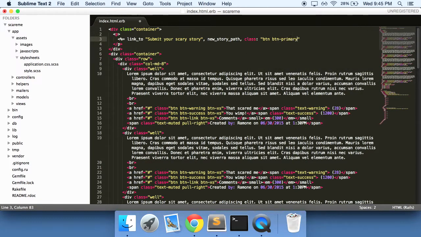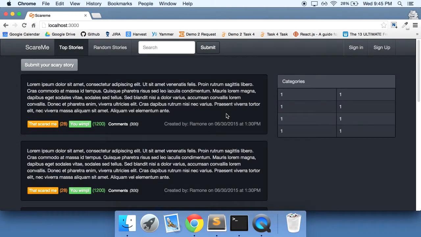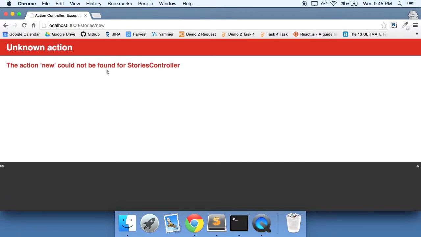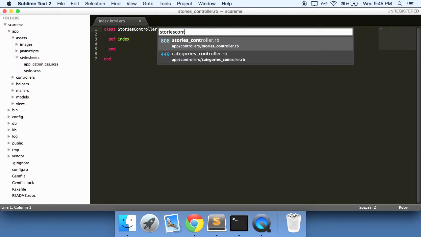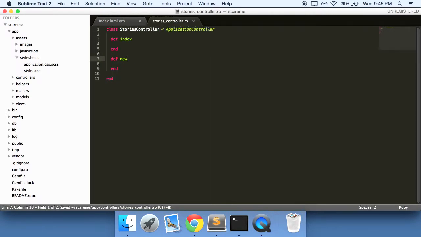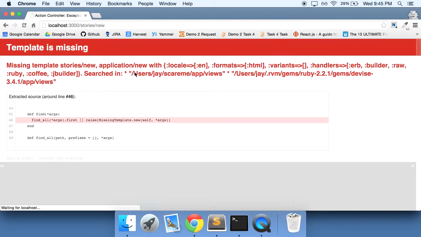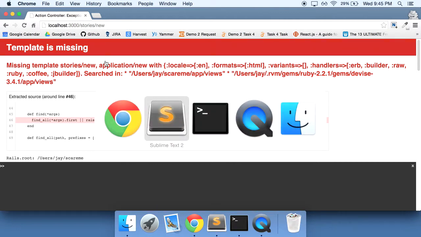btn btn-primary. Do a refresh here and you'll see that nothing's really changed, but this button, when we click on it, takes us to a different page and it tells us that we don't have a new action in our stories controller. We'll just have to go into our stories controller, create a new action here, do refresh, and now it's telling us that we are missing a template,